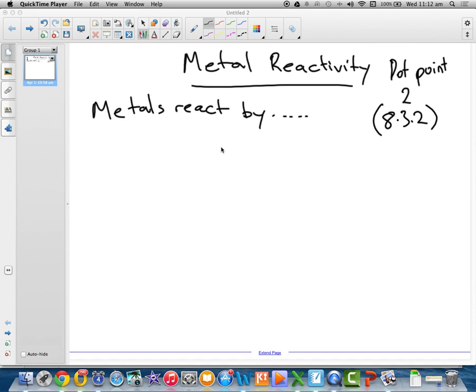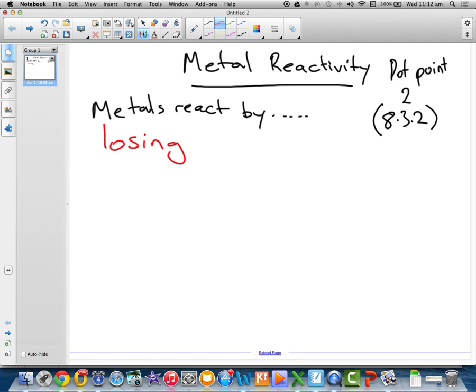Okay, so today's lesson we're looking at metal reactivity, and the key idea about metal reactivity is metals react by losing electrons. So you find metals in groups 1, 2, and 3 on the periodic table. So they have 1 electron in the outer shell, or 2 electrons in the outer shell, or 3 electrons in